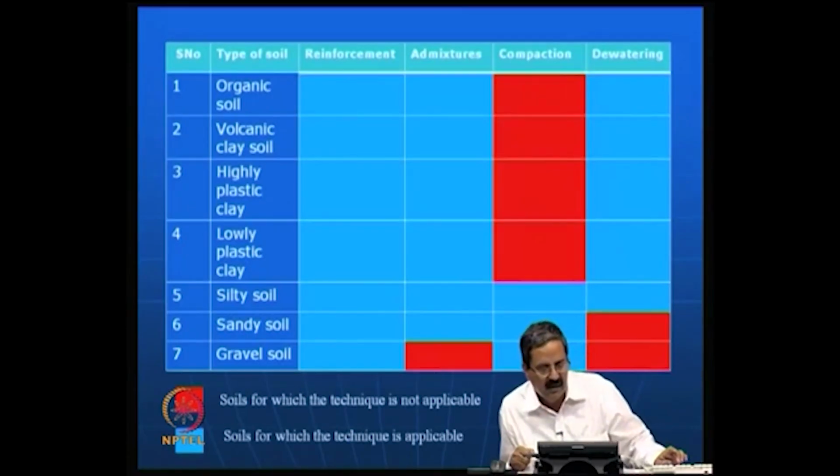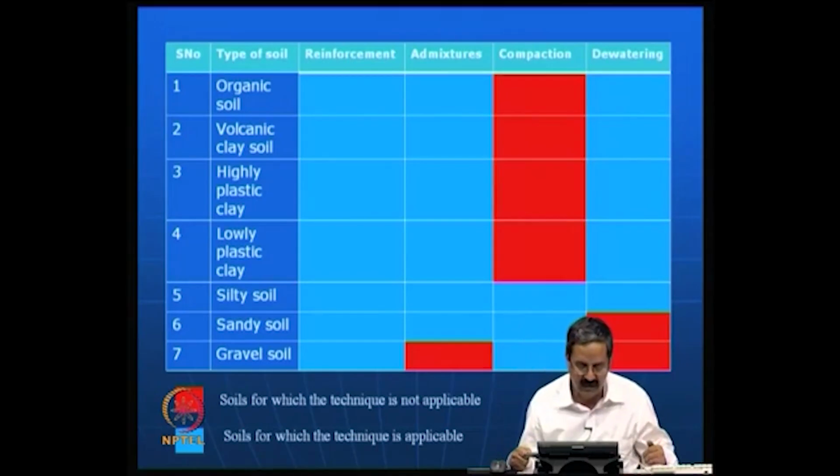This particular table gives what type of techniques are okay in what type of soils. For example, you can see on serial numbers 1 to 7 we have mentioned organic soil, clay, volcanic clay soil, highly plastic clay, lowly plastic clay, silty soil, sandy soil, and gravelly soil. These are all different types of soils that one can encounter, and you can see that the red mark shows that